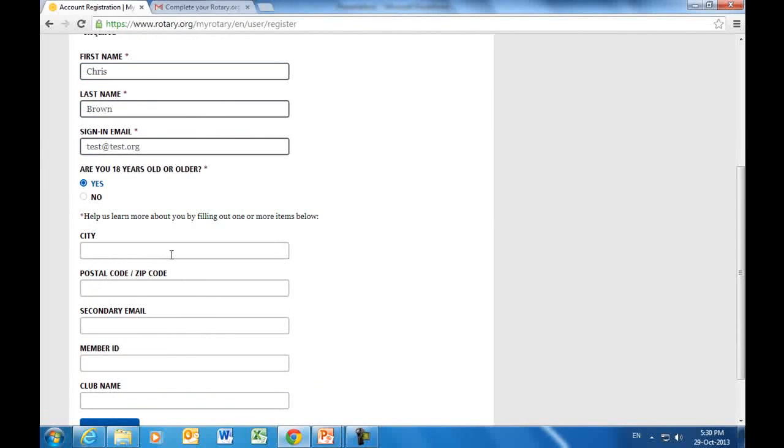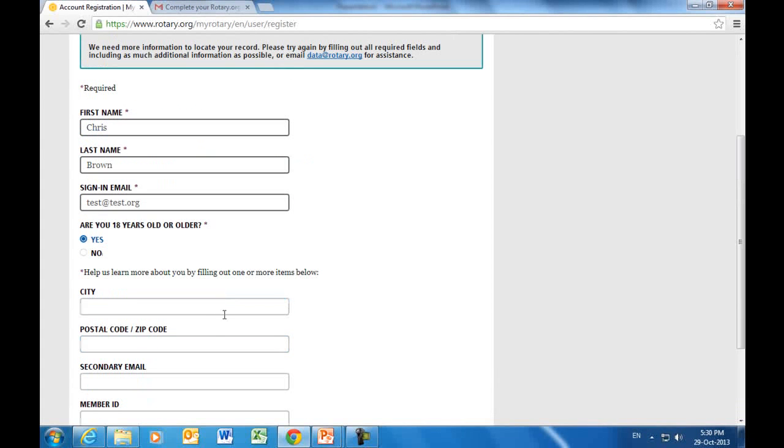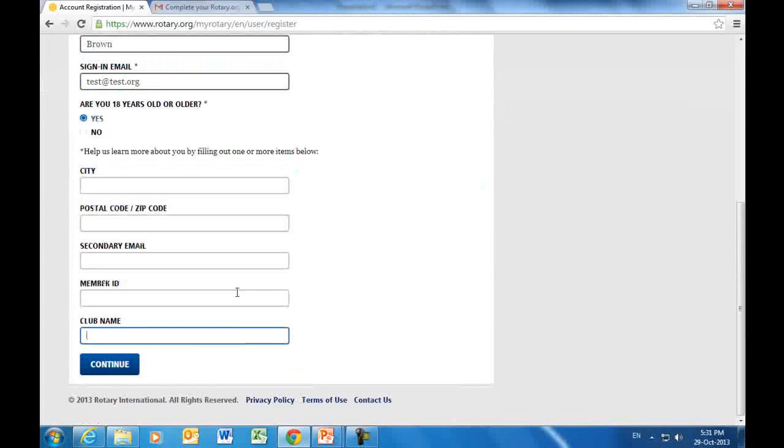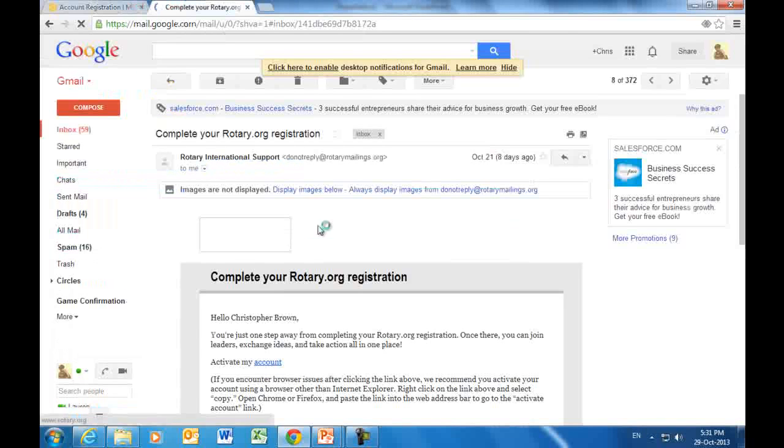So they're asking a few more questions. City, postal code, secondary email, member ID, club name. Now you don't have to enter in all of these, but the more you enter in, the easier it'll be to find you in our system and match you to the correct profile. Then you click continue, and then you will receive an email from